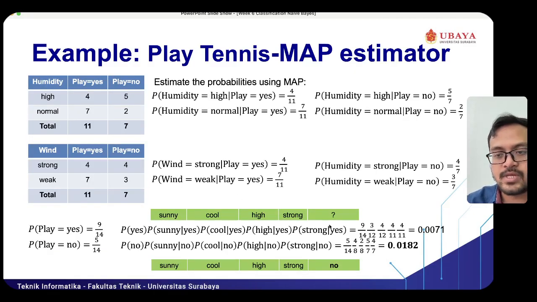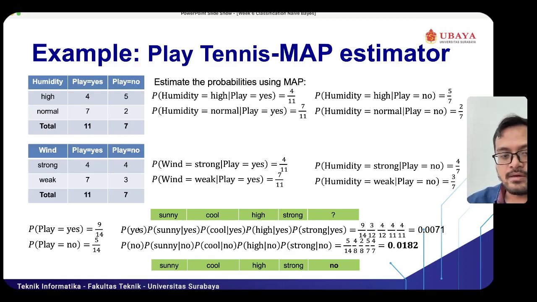Okay, so based on the MAP estimator, we also get the higher value for playing equals no, which is 0.0182, compared with 0.0071, and it is still predicted as no for this new observation. Okay, maybe you have any questions about the Bayes theorem? I think if we look at the example, it will be easier to understand how this naive Bayes classifier works.